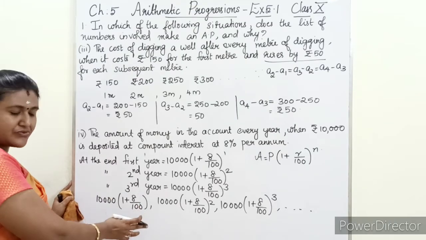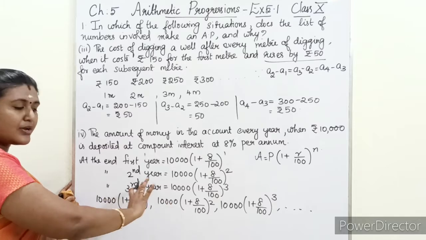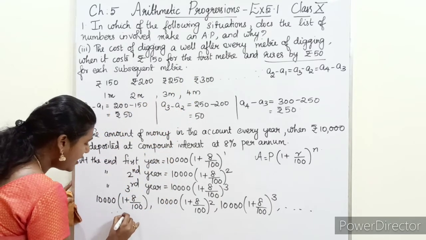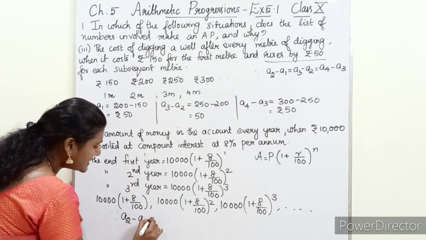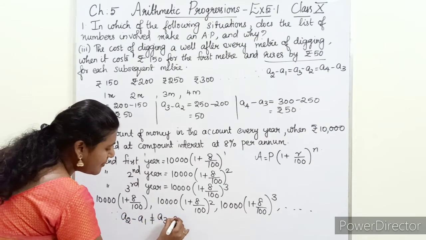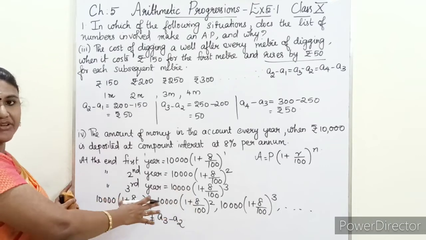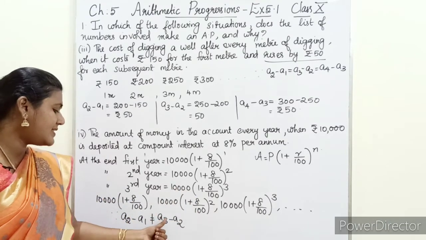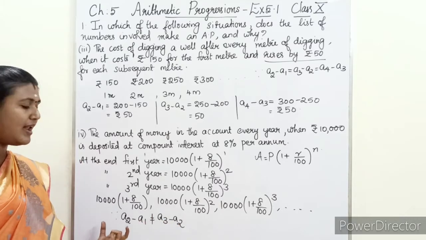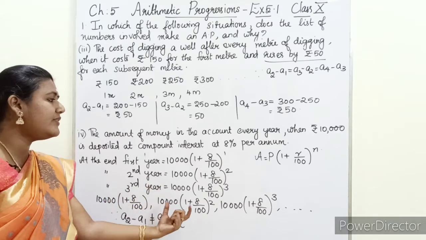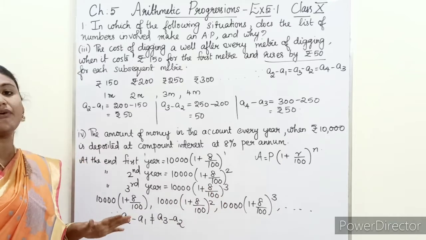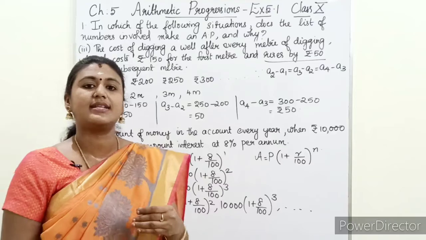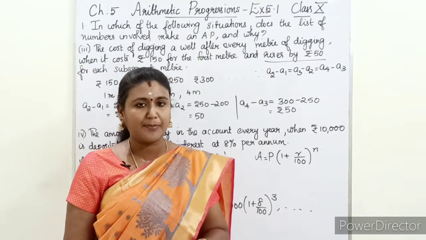So clearly you can just verify. Clearly this will not satisfy the condition. These numbers will not satisfy the condition. So we can write A2 minus A1 not equal to A3 minus A2. You can just simplify and check. Here in this case A2 minus A1 and A3 minus A2 are not equal. Therefore we can say that the given numbers do not form an AP. So this is how you have to verify whether the given list of numbers form an AP or not.